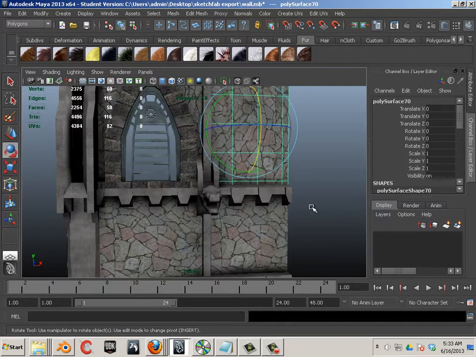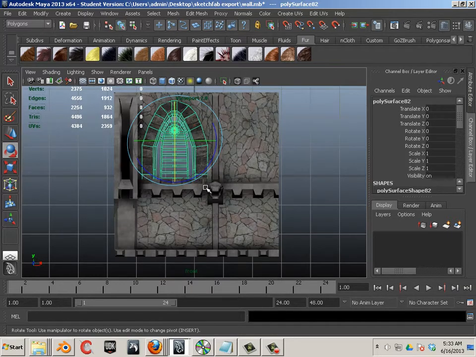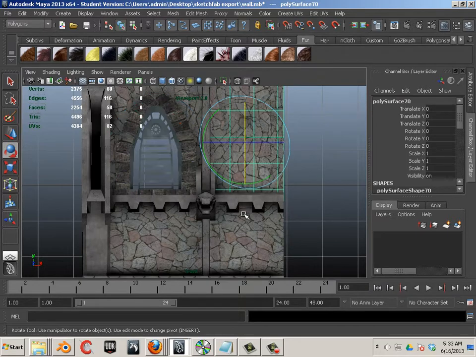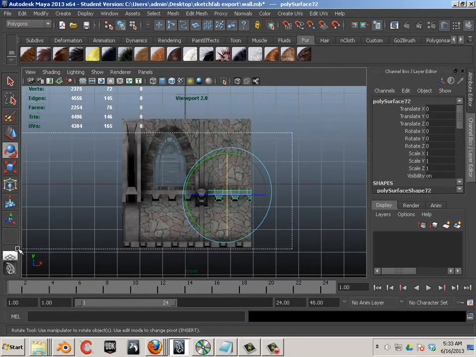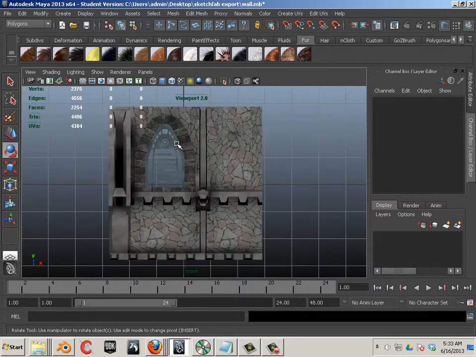So let's export a couple of these and see if there's any shading issues that happen. Hopefully there is, so I can show you how to repair them. Let's start with this mesh right here. Now with all these meshes, they're individualized. So the first thing you should probably do is modify center pivot for all of them, and then